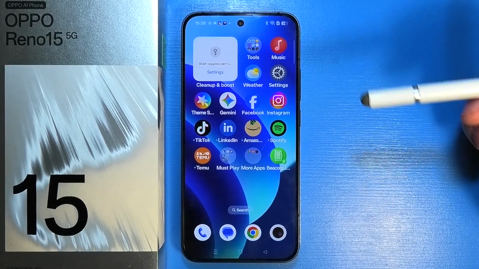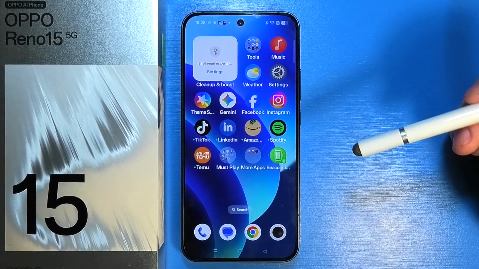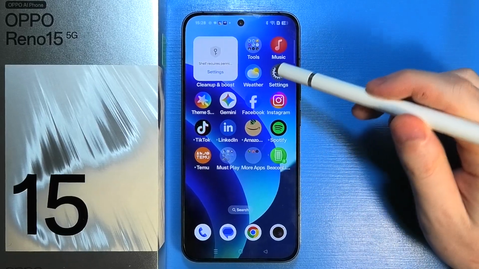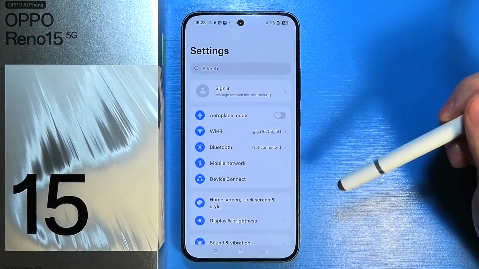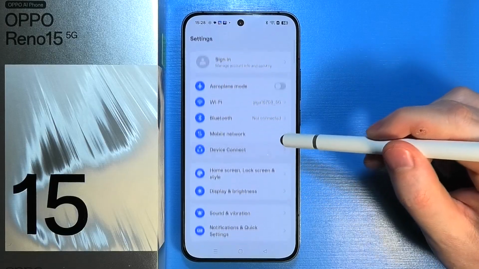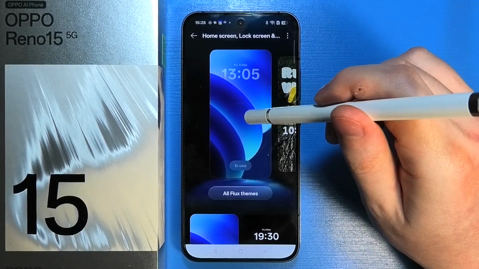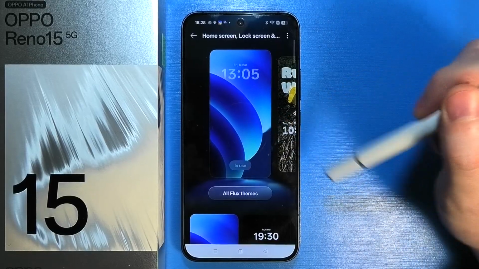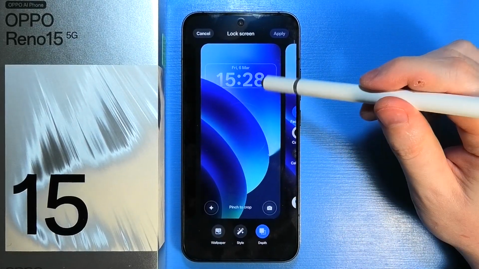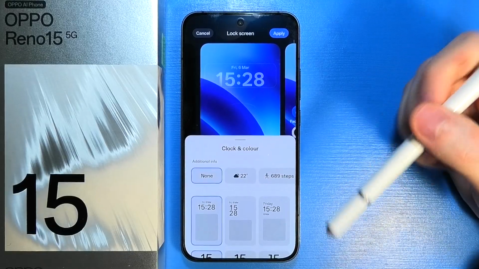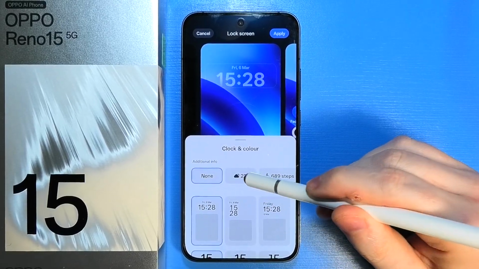To customize the lock screen clock in Oppo Reno 15 5G, first of all you will need to open settings on your device. Next step is to navigate down and select home screen, lock screen and style. Then we can click right here on the tile that is currently in use. Now we can select our clock on the top, and that way first thing you can change is a widget